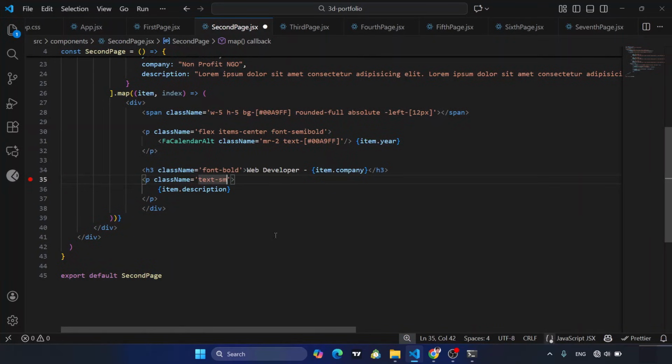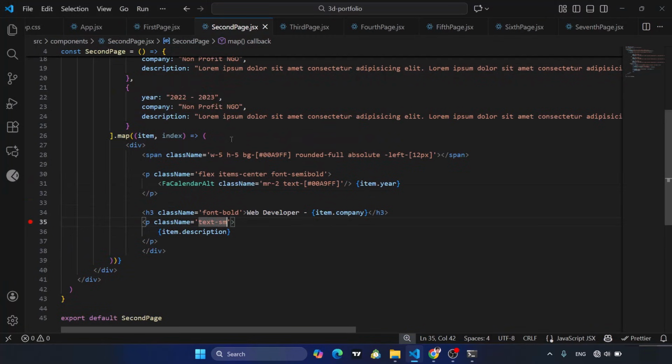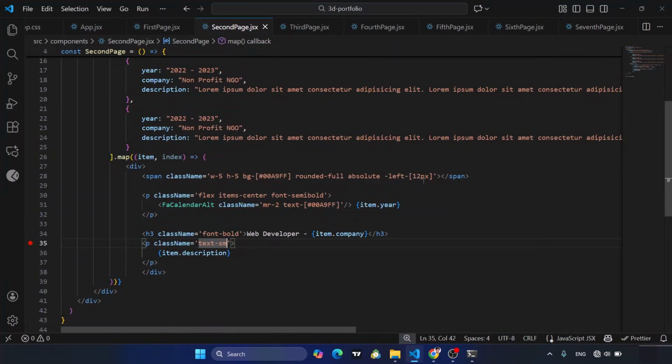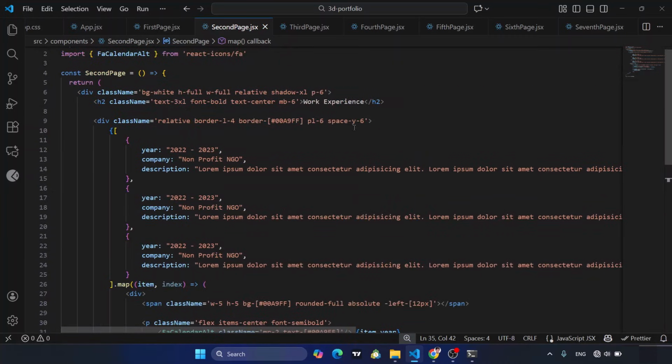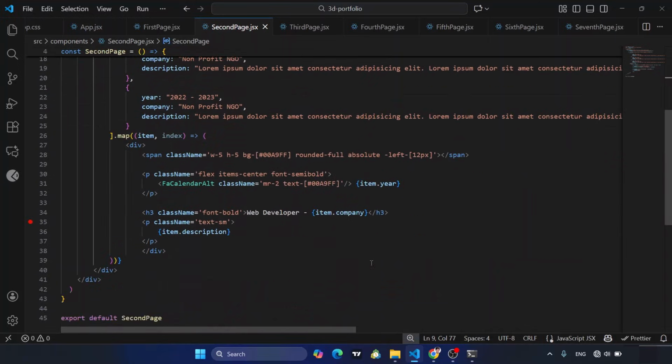Let's change it back to text XS. Yeah, that is okay, but let's add here the space Y to 10. Come here, where was that? This is 10. Yeah, that looks great, but I would like to add some